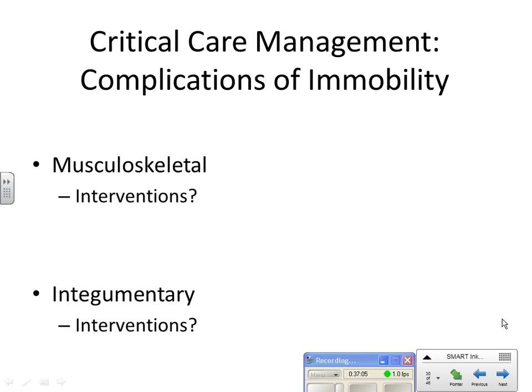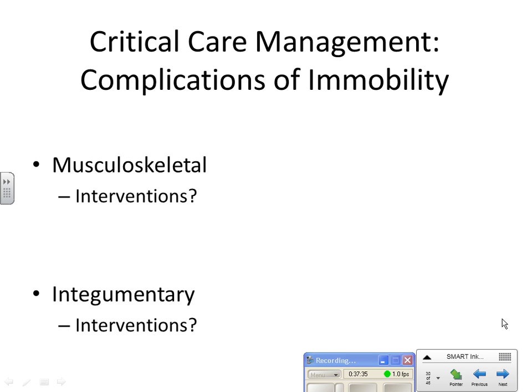What are some of the complications of immobility? What are the musculoskeletal complications? Skin breakdown. What about muscle atrophy? Rhabdomyolysis, where they have severe muscle deterioration, blood clots, DVTs,